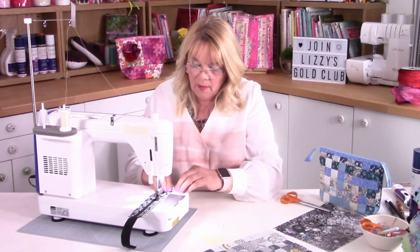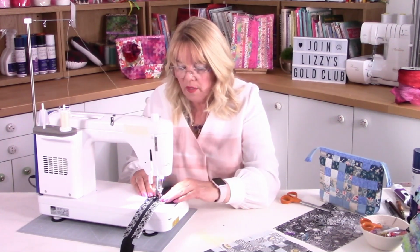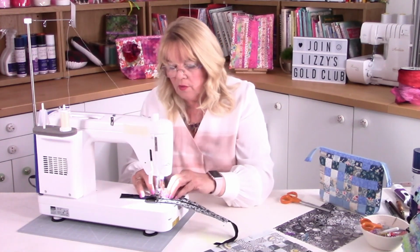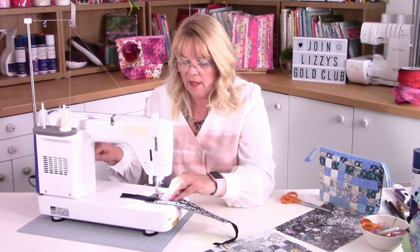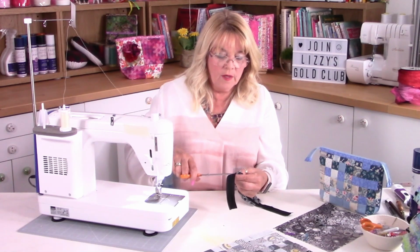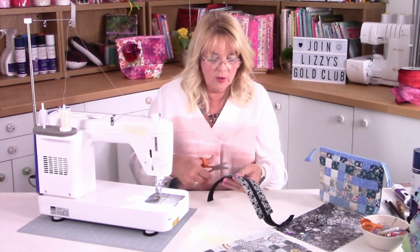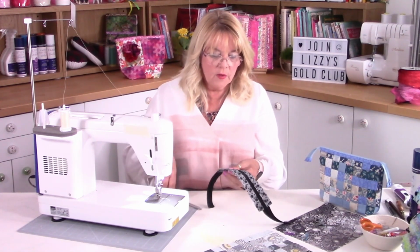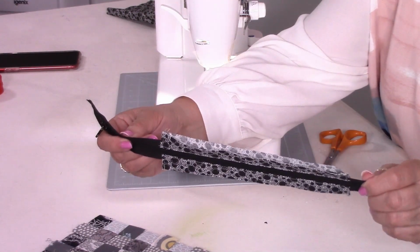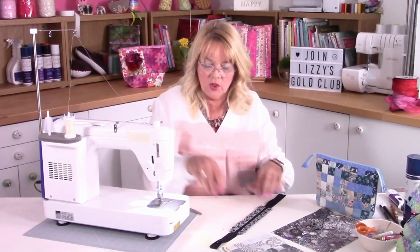So just top stitch again, bring those raw edges together. You just want to make sure that your zip stands aren't folded over too much. Bring those folds together at the end there. And there we are, got a rogue thread. Even with a cutter on my machine, I get rogue threads. There we go, which is perhaps a good thing. So just snip those away. So that's what it should look like now. So you've got your zip going all the way down the centre and your zip stands actually in place and all very, very neat. So the next thing we're going to do